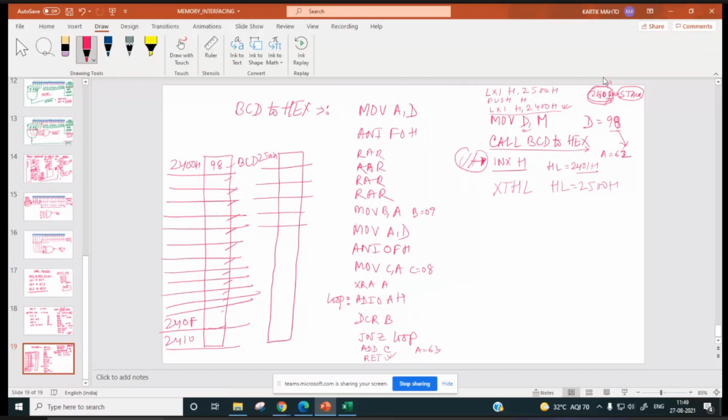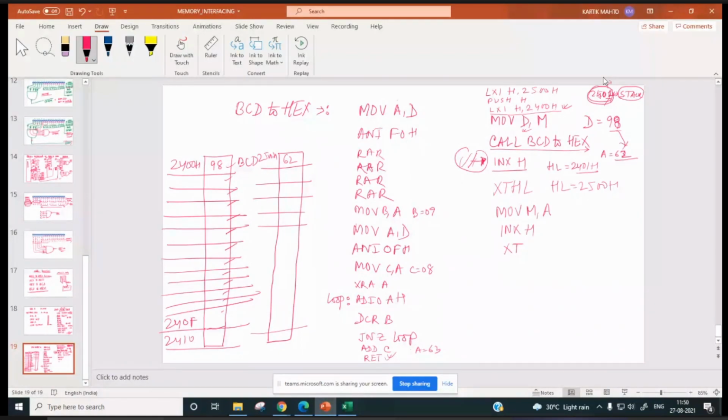Right? Then we can do move M, A. How much is in the accumulator? 62. So 62 will be over here. Right? Next, for checking whether all bytes are over or not, I can do INX H, XTHL over here.